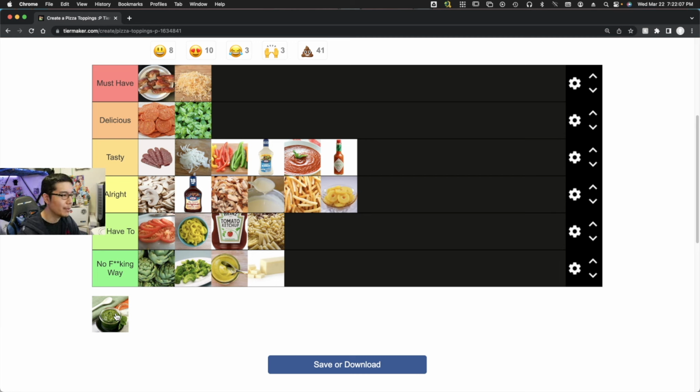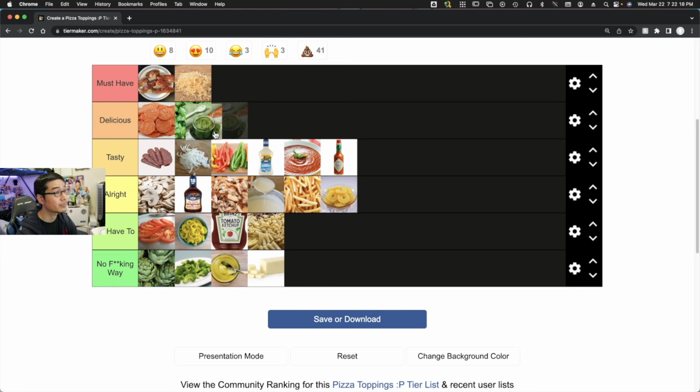Okay, lastly, pesto, I'm assuming. So this looks like a pesto sauce. You can drizzle it on your pizza, definitely. I would say it's definitely up there with the basil. And I would say, in fact, it definitely goes better on your conventional pizza than basil, right? The basil is good for the